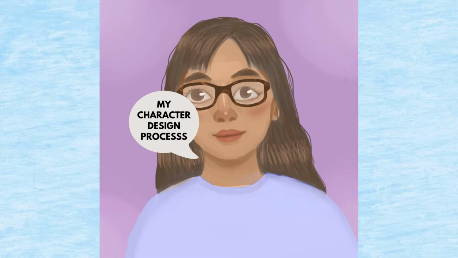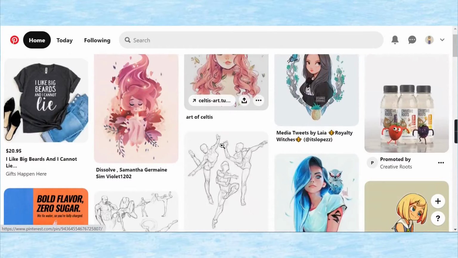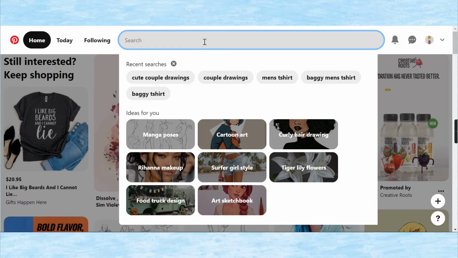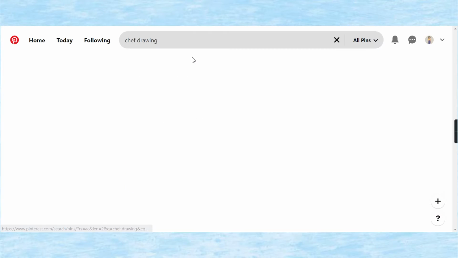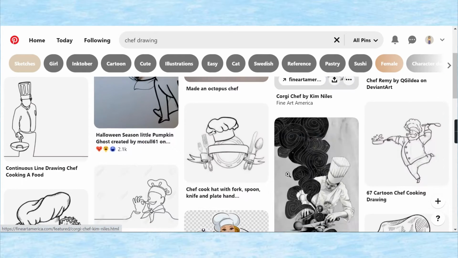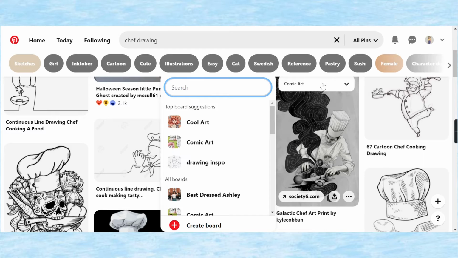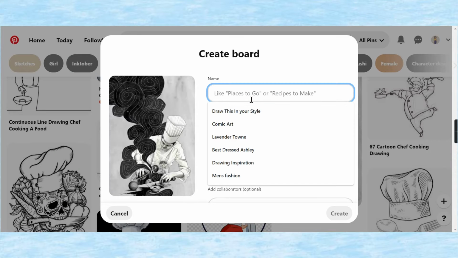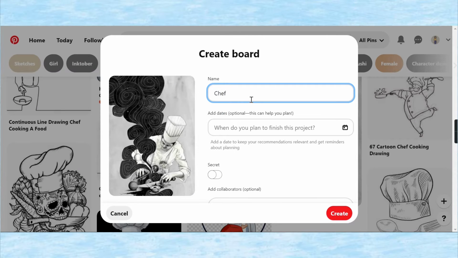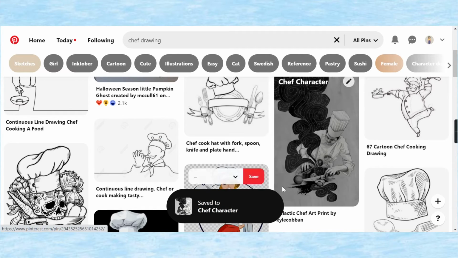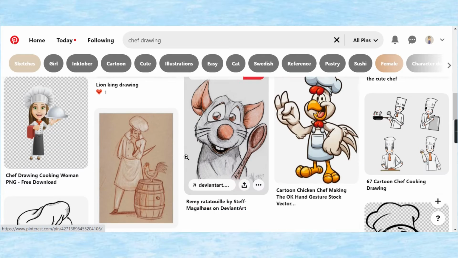Okay, let's get started. The first step in my process for designing a character is to figure out what type of character. I decided that I want this character to be a chef, a slightly older chef woman. First off, I made a new Pinterest board, and I called it Chef Character Design. Well, actually, I called it Chef Character, but